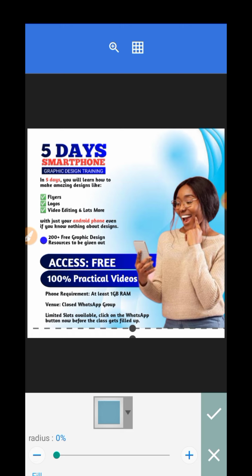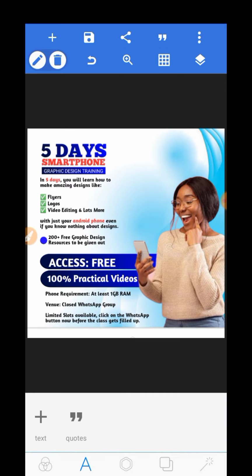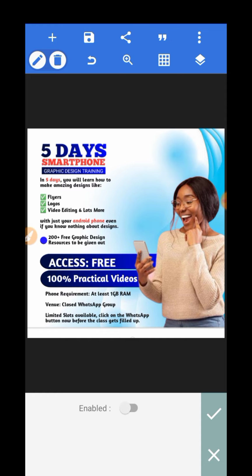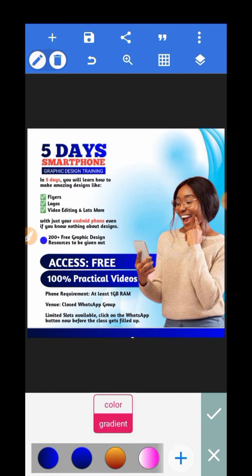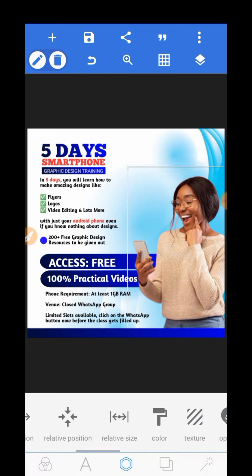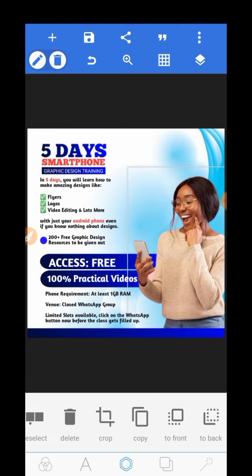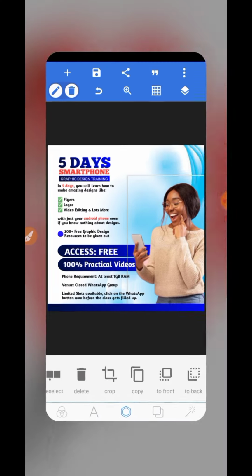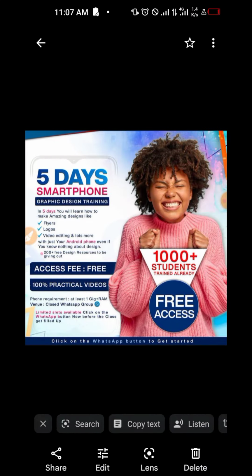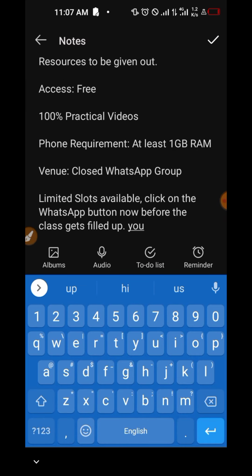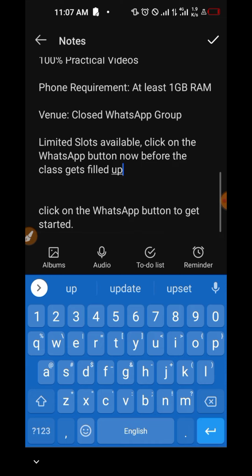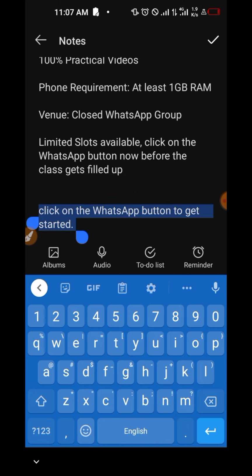Extend. All right, so I'll just bring it down here. When I bring it here, I'll make it blue. So give it a color, then blue, gradients, this same shade is what we're using. So I'll click on OK. So as it is, I can now bring in my text in there, which says click the WhatsApp button to join. So I'll just click on the WhatsApp button to get started. I'll copy the text,